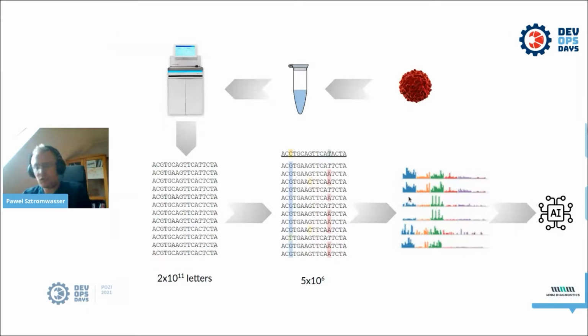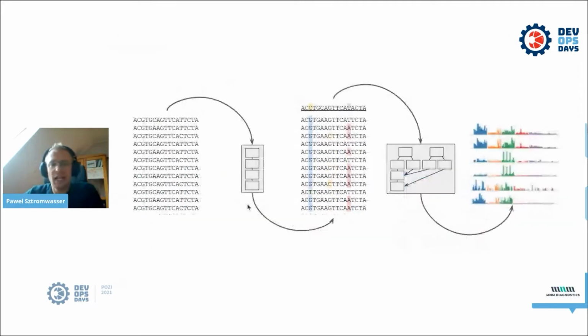So the data processing that happens between the raw data that flows off the sequencer and then the changes that are turned into profiles is done by a sequence of bioinformatics tools that we chain together in so-called pipelines. You can imagine these pipelines as bash scripts where individual commands are executed, but there are much more sophisticated ways of building pipelines. And we use Nextflow, which is a workflow language and engine that automates a lot of common